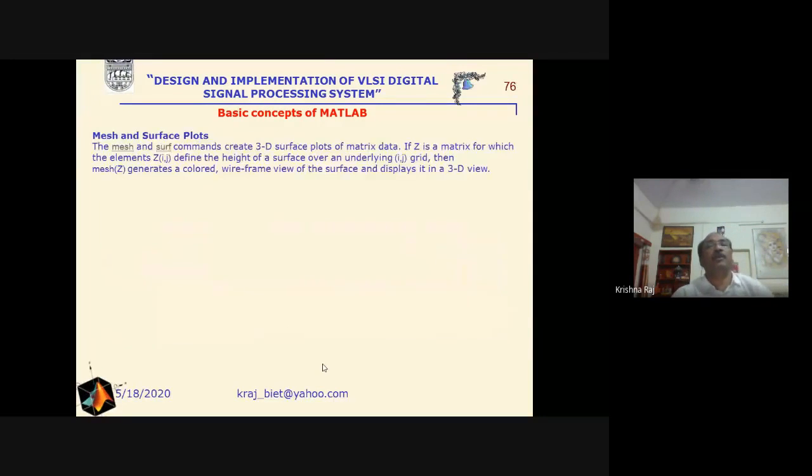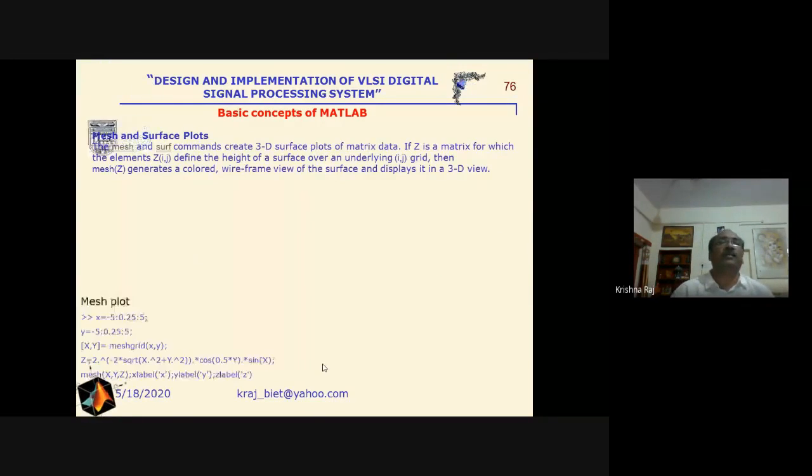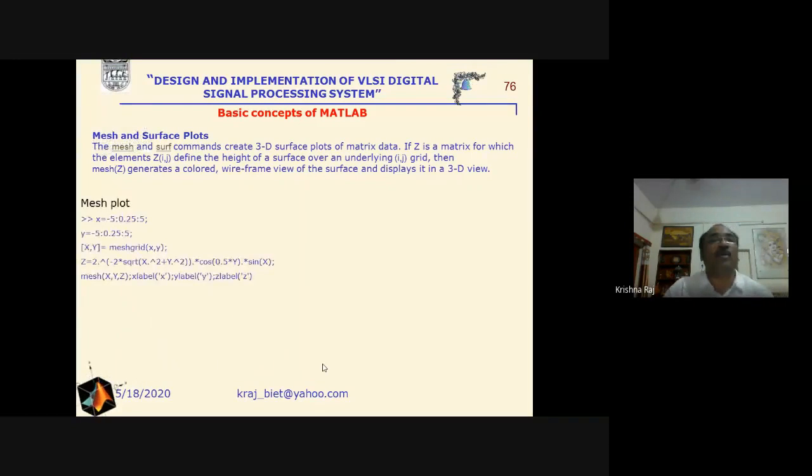Now see here some more examples for the mesh and the surface plot. For the mesh plot, we have to define X and Y, then vectors capital X and Y in terms of the small x and y, then Z, and Z will be defined in terms of this output of X, Y after meshgrid.